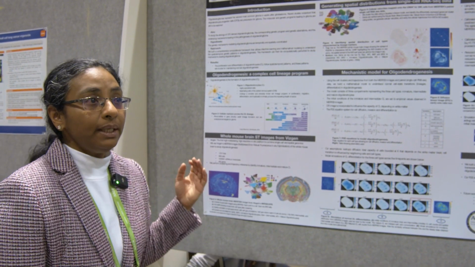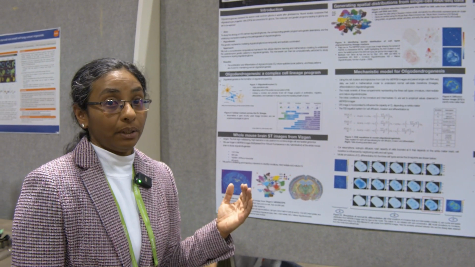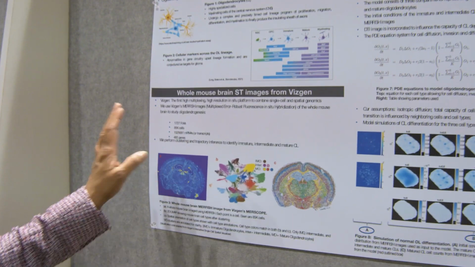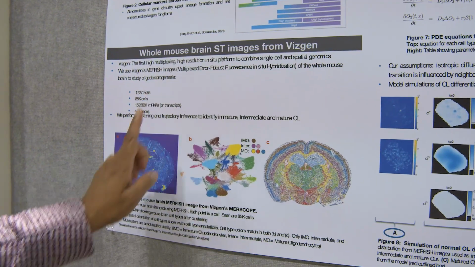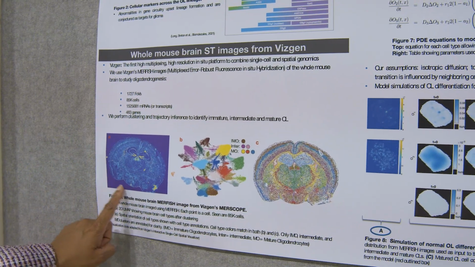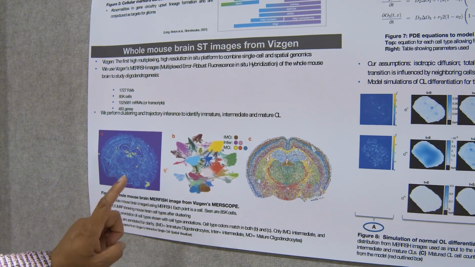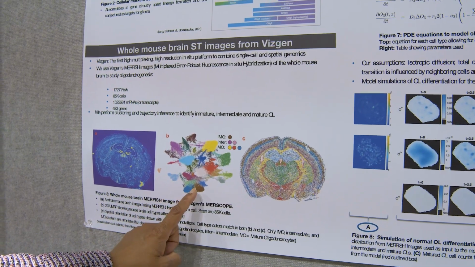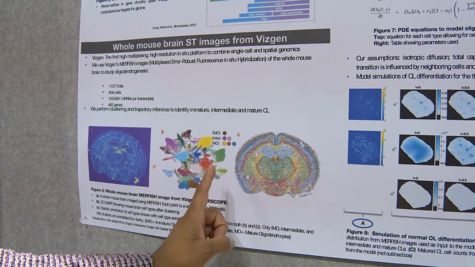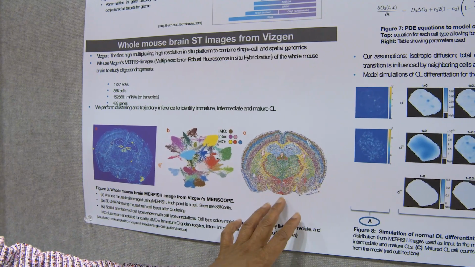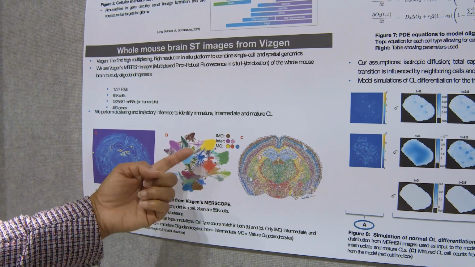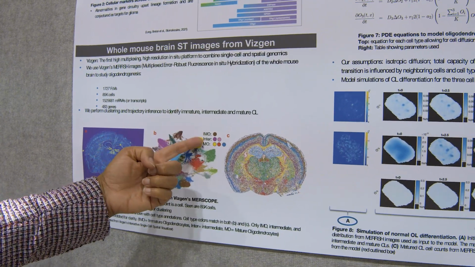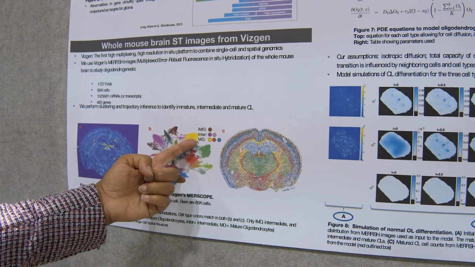To understand the normal process of oligodendrogenesis, we use spatial transcriptomic imaging from Vizgen. This is MERFISH data. Here we use the MERFISH image from a whole mouse brain. The cells are extracted and clustered. This is a UMAP showing the cell clusters, and this is the mapping of the cell clusters on the spatial map of the brain. From here we extract the immature oligodendrocytes, the intermediate oligodendrocytes and the mature oligodendrocytes, and the